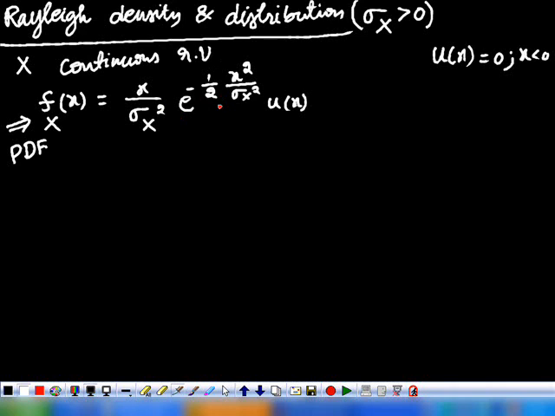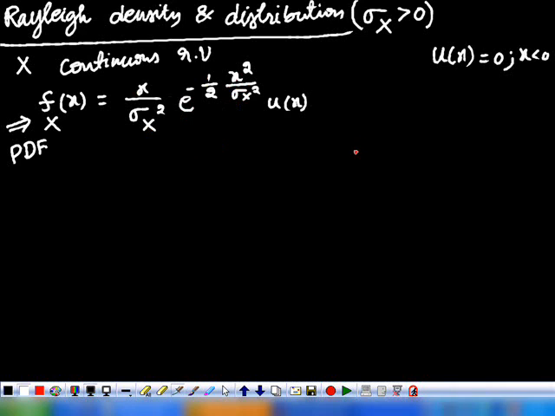Here the Rayleigh density function is somewhat similar to the Gaussian density function. If you see the expression, it is somewhat similar, but in that case we have 1 divided by under root 2 pi sigma x square. Here we have x, and it is almost similar. That is, we can assume that mx is 0. In a Gaussian density function, if you substitute mx equal to 0, what will we get? e power minus 1 by 2 x square by sigma x square. So we can assume here mx is 0 and sigma x is greater than 0. So this is the density function.